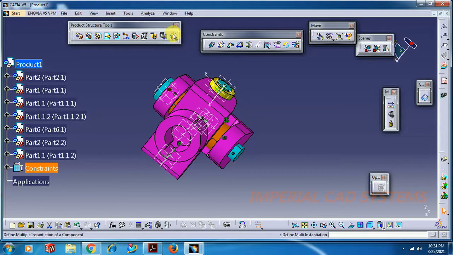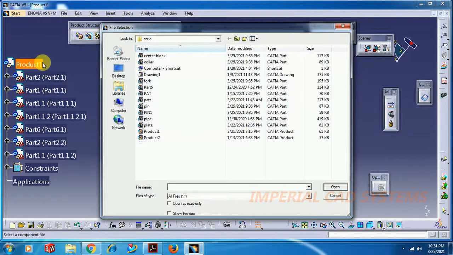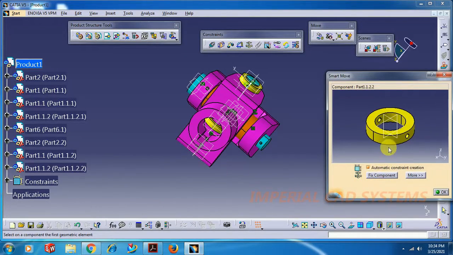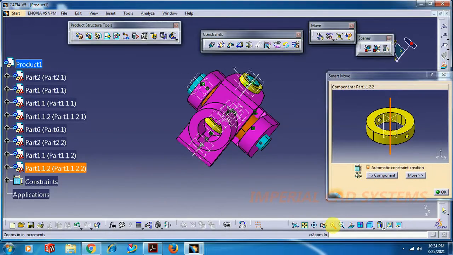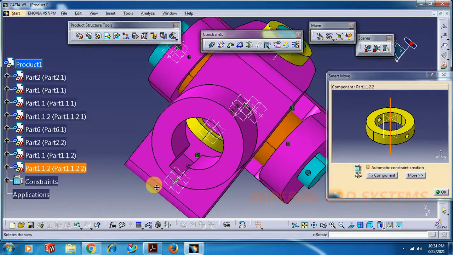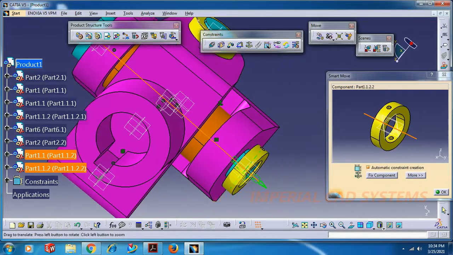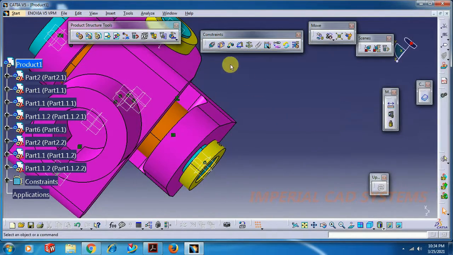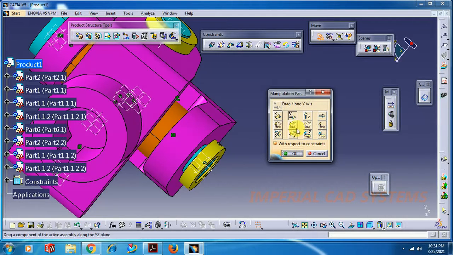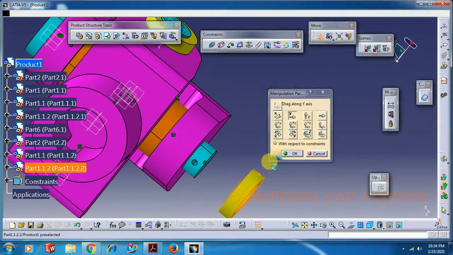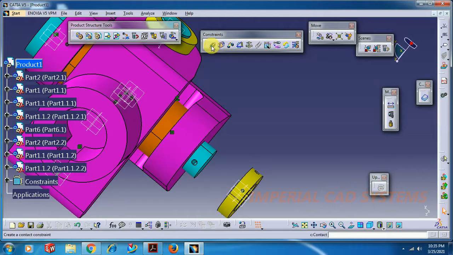Like this. Now either you can go into define multi instantiation, or you can go into existing component with position, then select collar again, then go for open, then select this axis, zoom it, select this axis. Now it is placed over there, then go for OK. Slightly drag that in Y direction, go for either coincidence or quick constraint.